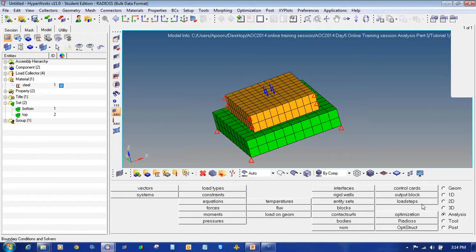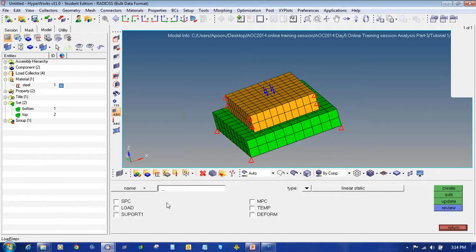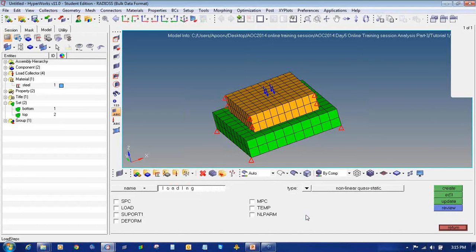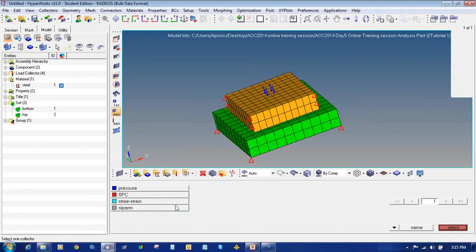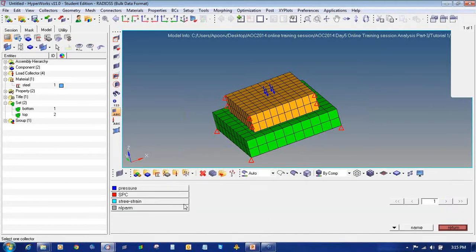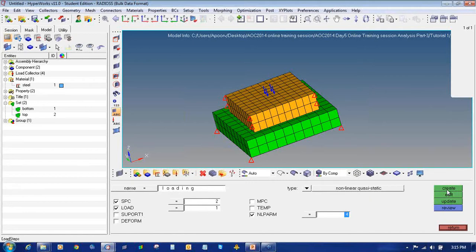So I'll go to analysis, load step, enter the name as loading, select nonlinear quasi-static analysis, check the box in front of SPC, select SPC, check the box in front of load, select pressure, then we'll check the box in front of NL-param and select NL-param. Then click on create.